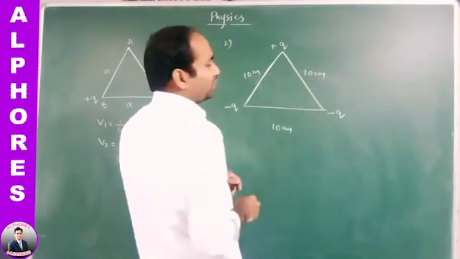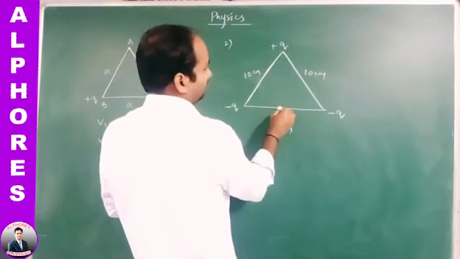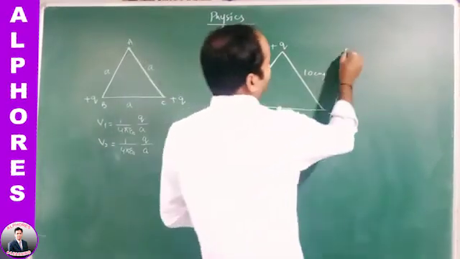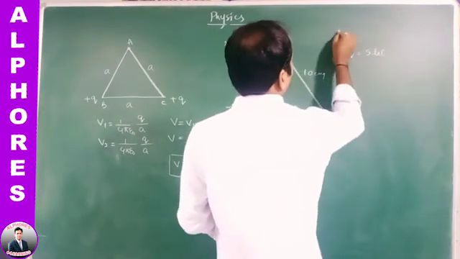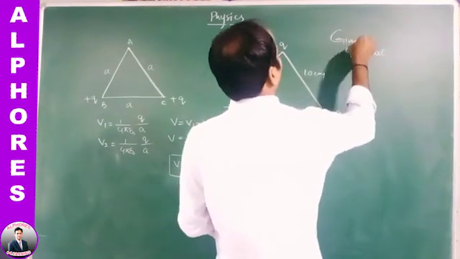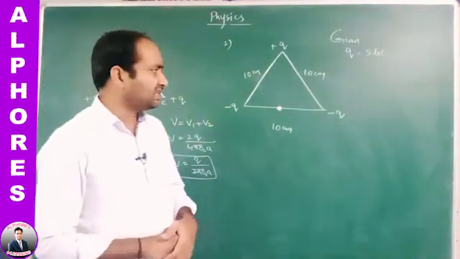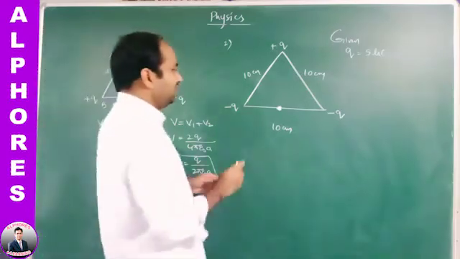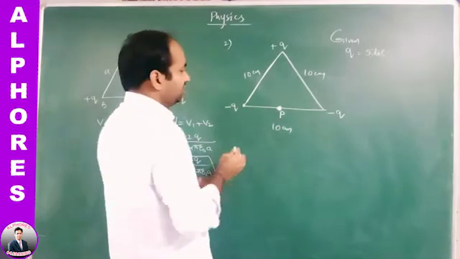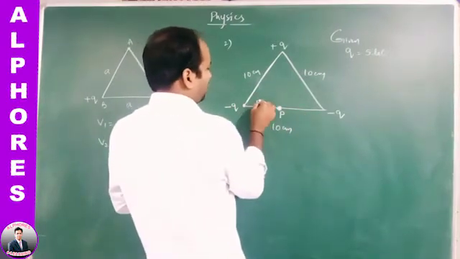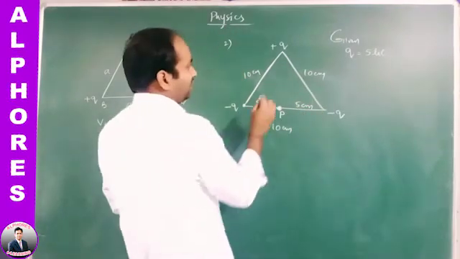Now what is the potential in between the two charges of minus q and minus q? We should find that here. Given q is equal to 5 microcoulomb, the magnitude of the charge. Side of the equilateral triangle is 10 centimeters. We should calculate the potential at the point P. From the negative charges to the point P, the distance is 5 centimeters, 5 centimeters.